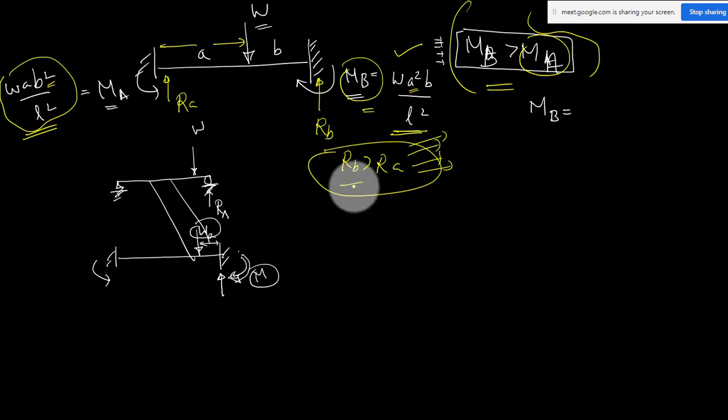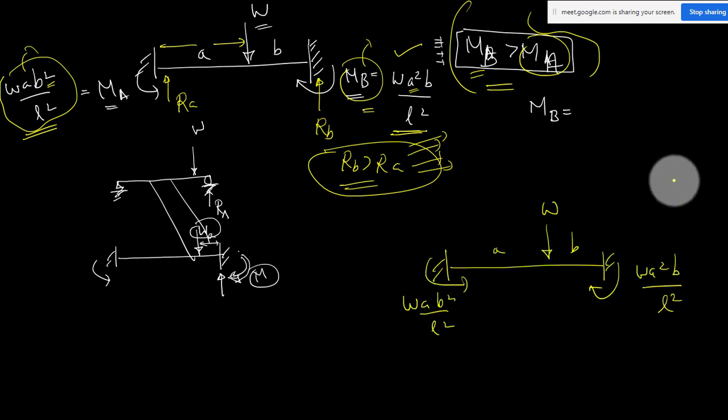But for the time being, you can understand this reaction and moment, everything at this end will be more. Okay, from that understanding you can remember all these equations, because in the previous two examples these two moments were equal because of symmetric loading. So here this moment and this moment both will be different. Okay, so you just have to remember this, like a diagram, you just draw the diagram, you keep it like this one only you have to remember. So you have to solve it, you can solve by moment area theorem.